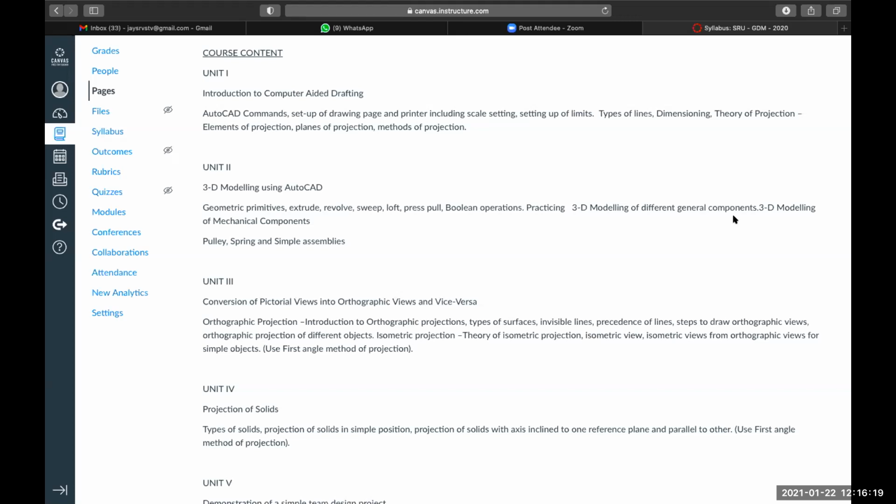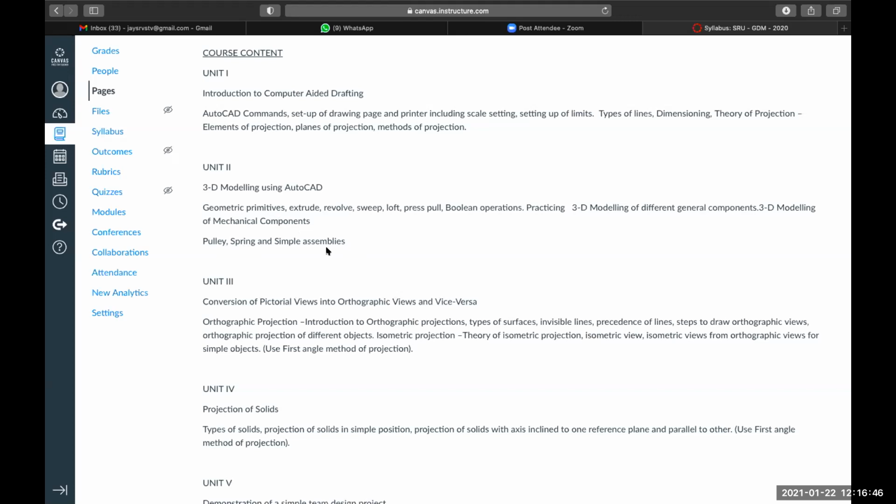Now 3D modeling of mechanical components, you can consider those as mechanical components. We have seen your spring, pulley, I will show you right now, and simple assemblies. I will show you one or two components, how to build using this 3D command. So this is about your unit number 2.